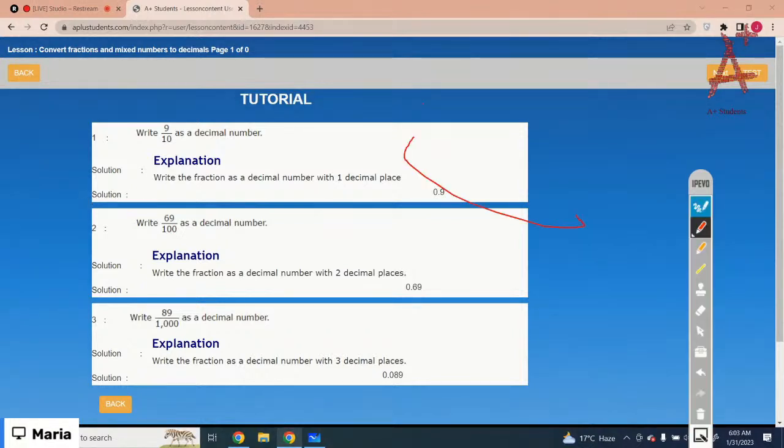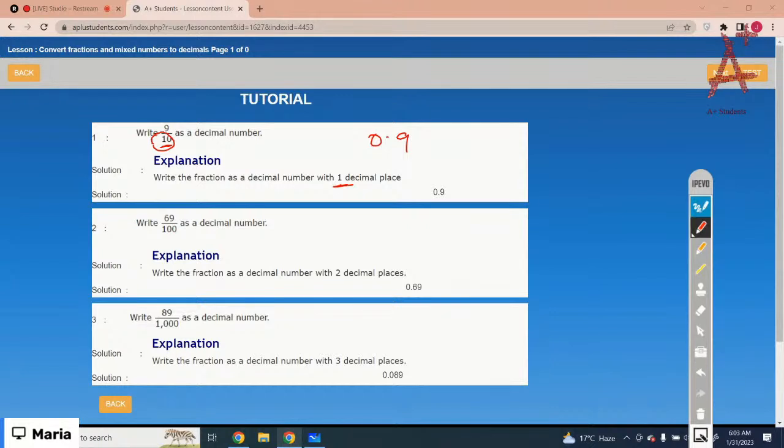You have 9 divided by 10. Got it? You just have a 0 with the 10. That means the decimal number has only one decimal place. It would be 0.9. Write the fraction as a decimal number with one decimal place, because you have 9 divided by 10. You have just one 0 in the denominator. So it would be then